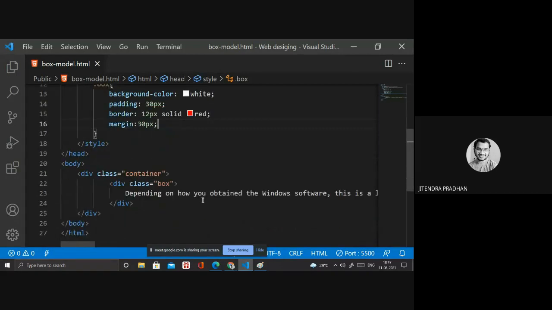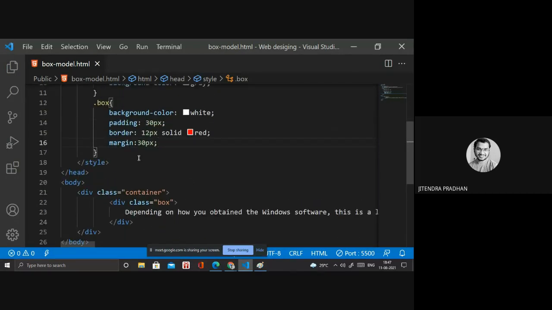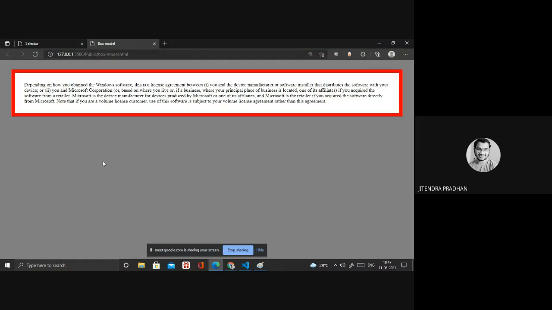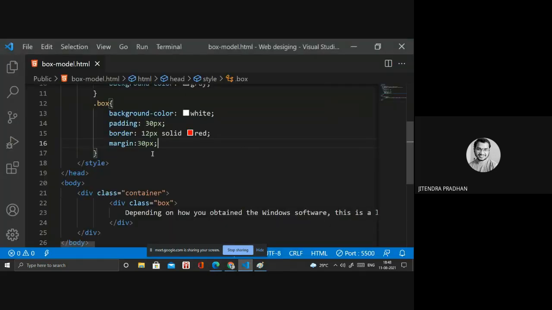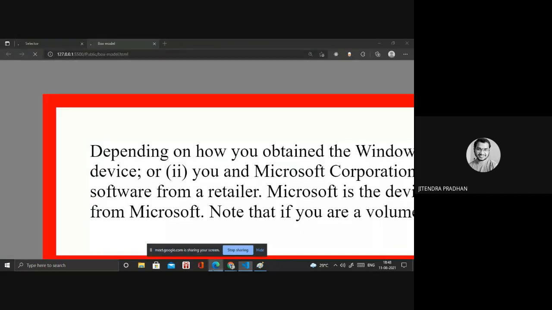This is the content box. Whatever is written inside that particular box is the content box, and we are applying padding, border, and margin. Let's see. Have you observed that one? This space is the margin, 30 pixel. If I change it to 50 pixel, let's see what happens.